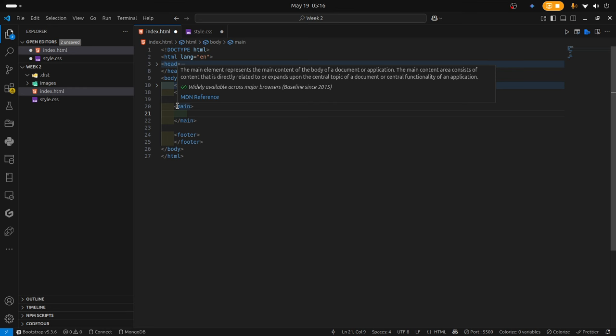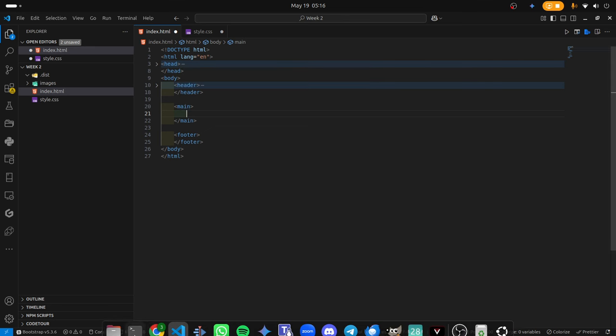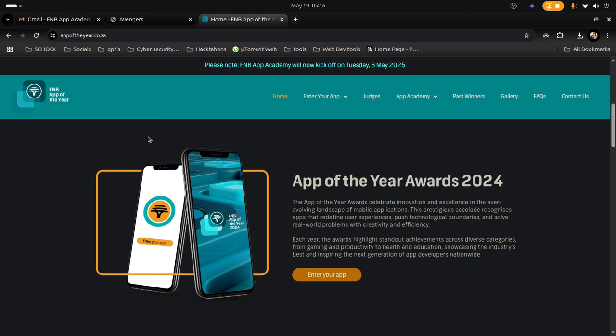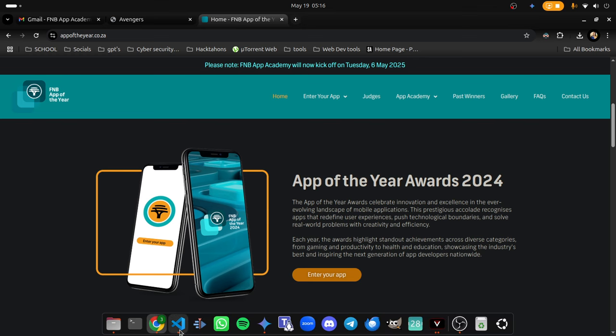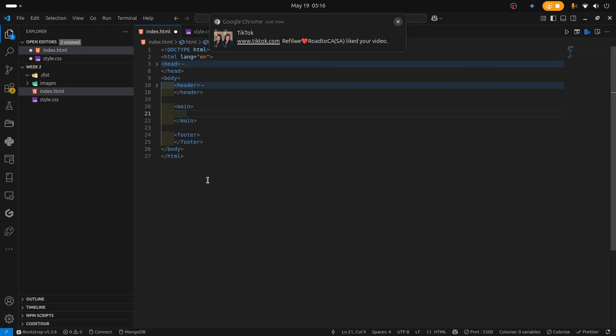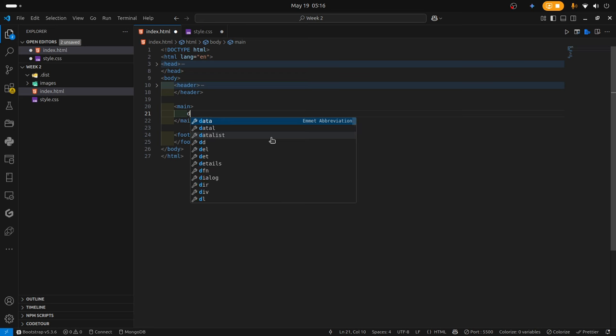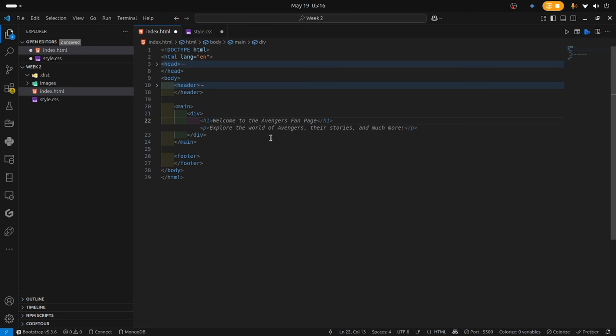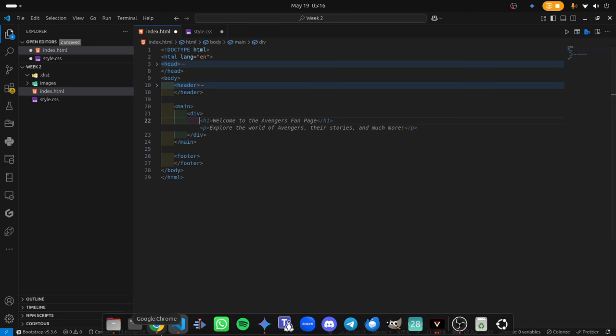So in this case, since we are not dealing with a lot of stuff, we're just dealing with images only, and they're not related content, and we're not doing something like FNB right now, what we're just going to do is make a simple div, a simple container. Let's create our div. Remember, our div is the section inside the container. We're making a smaller thing, but we want to put our images. So judging from what they said here,